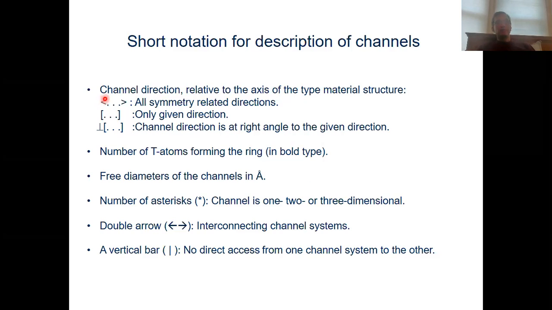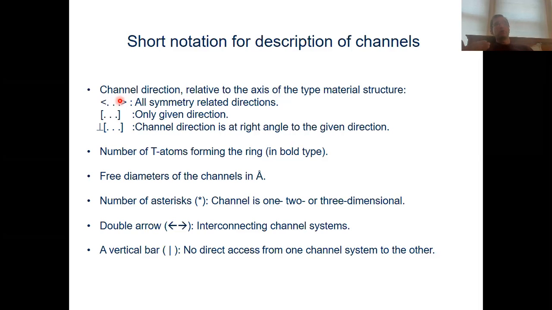So you place the direction in between these smaller and larger symbols to indicate that these channels also exist in all symmetry related directions. So for instance, when you have a cubic structure and you indicate the 1, 0, 0 direction here, then that